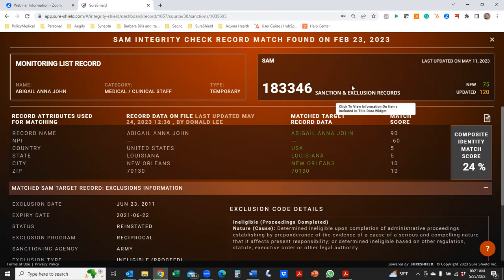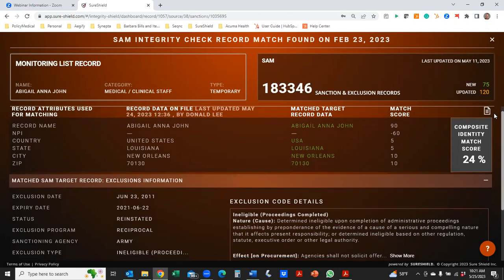It will also show you here that there's already over 183,000 records in this list. You'll also note it will show you those that have been updated and those that were new as of a particular date. So this is a demo database, so that's why it is showing a date of May 11th. But it's kind of interesting and actually eye-opening to see how many records are added on almost a daily basis to these databases.